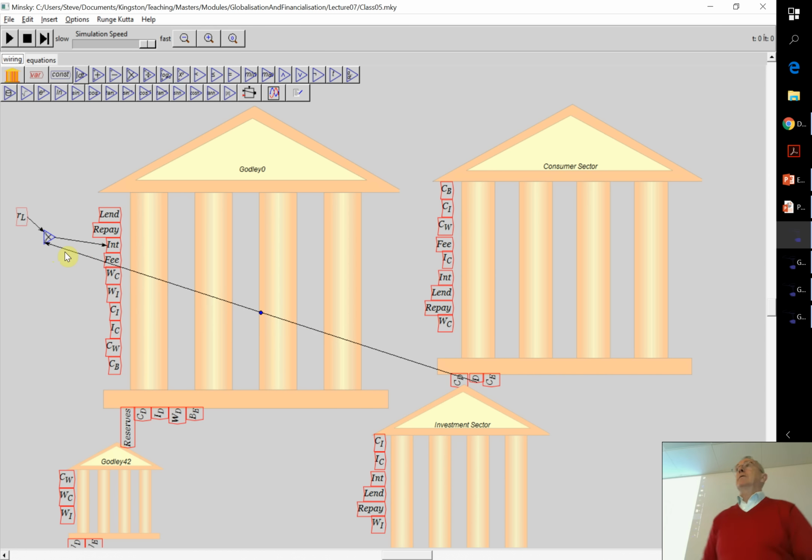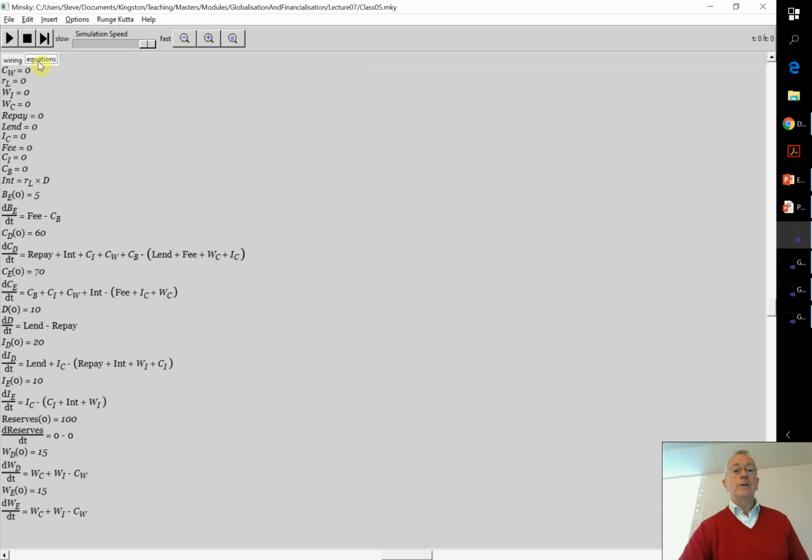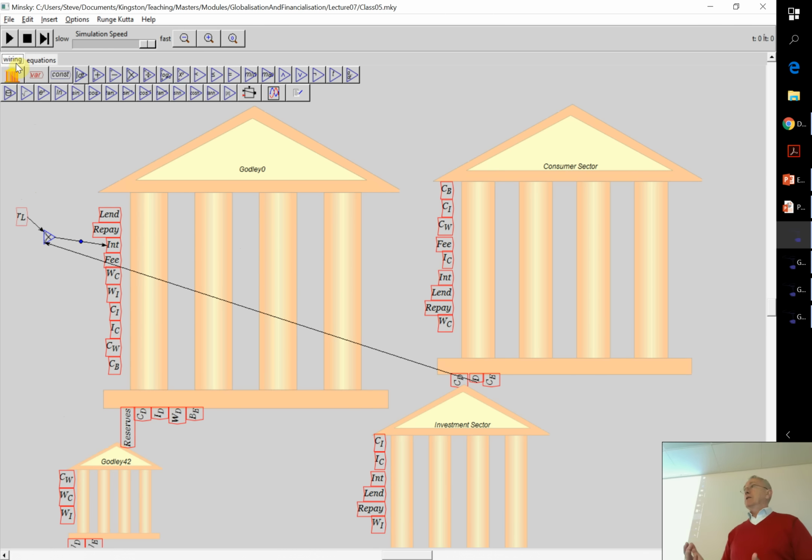Okay, and then if you take a look on the equations now, go across to the equations tab, you've now got interest is equal to rate of interest on loans multiplied by debt. So you can do it that way, but you imagine how ugly that's going to get. So that's just to illustrate you can do it that way. What the preferable trick is, if you right-click on any of these inputs, which are here, the flows, or outputs, which are down here, you get two options, edit or copy. Edit's a legacy, it's going to go. It just happens to be something we used to do earlier in the program.